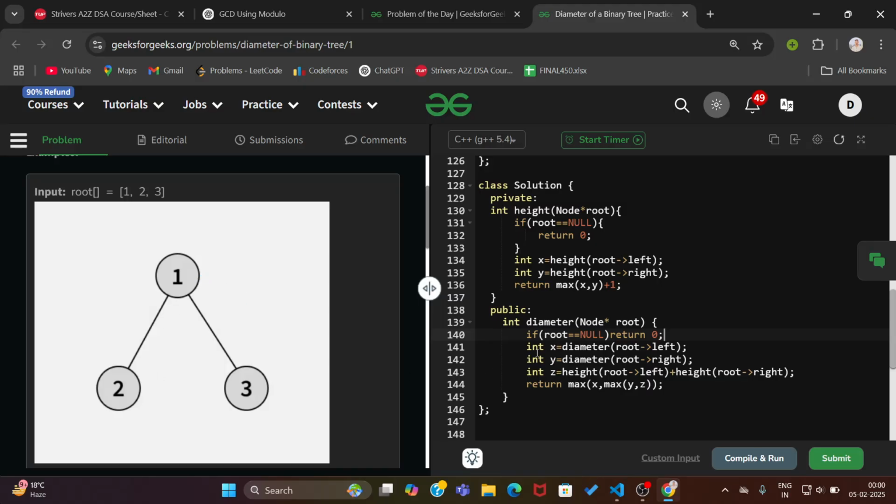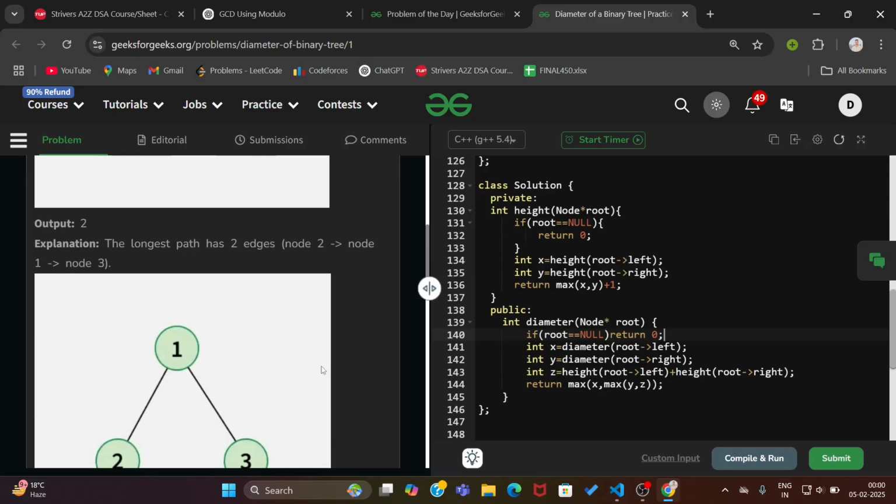So we can call the root left and root right of that tree, and after that we can also calculate the height of the diameter of the tree. So how can we calculate the diameter of the tree? Is that using height of the tree? We can